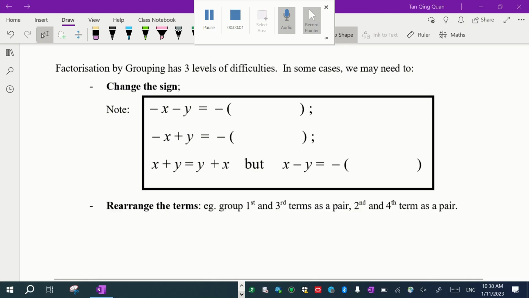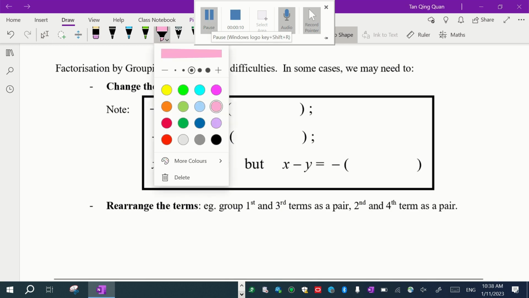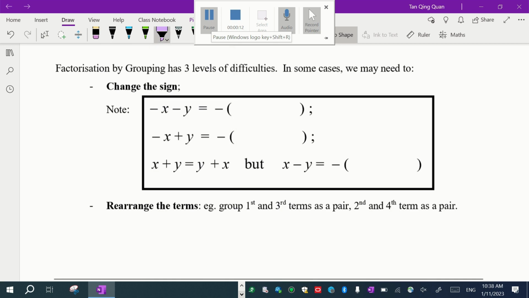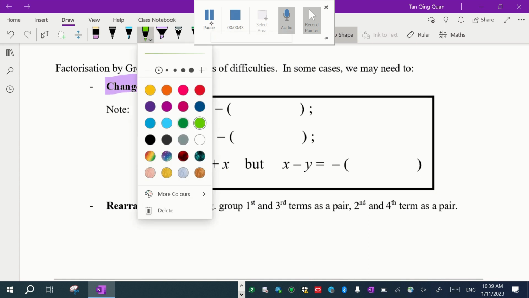Now, factorization by grouping has 3 levels of difficulties, and in some cases, we may need to change sign. What do I mean by that? For this part of the video, we shall explore the 2 possible ways where we can play around or manipulate equivalent terms. The first one would be this: negative x, negative y